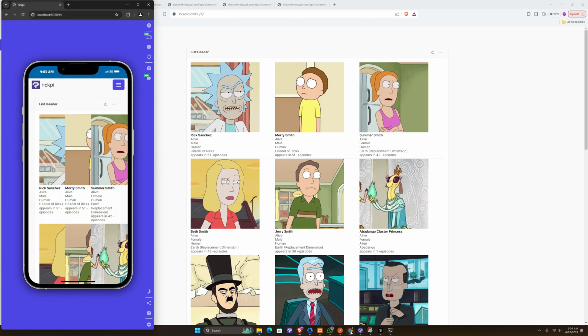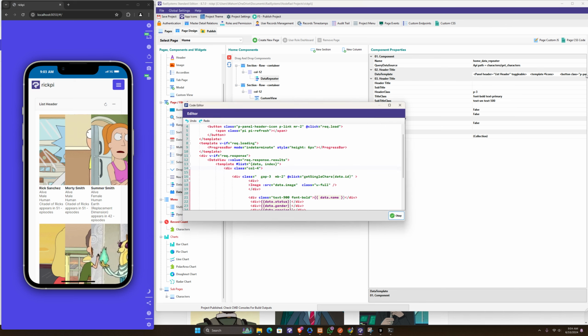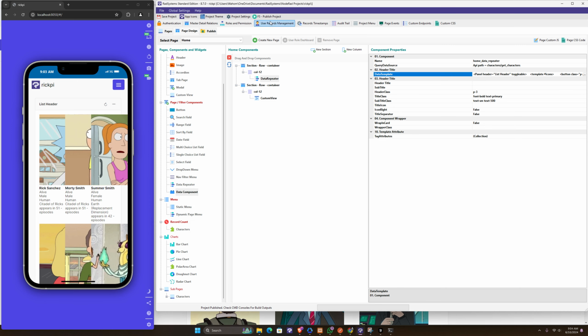However, this is how you have it. And on a mobile device, it should look something like this, which is not very attractive. So the way you're going to handle that is on mobile devices, you leave it as col 12. So what you can do is go to your custom code here, and this will remain as col 12. However, on small devices, you want it to be col 12. On medium devices, you want it to be col MD 4, like that. So if I publish this,